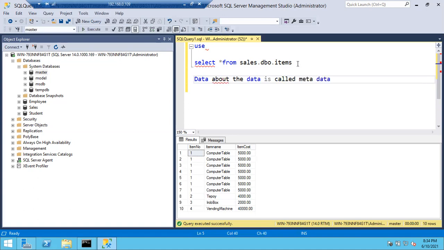Okay, so I have a sales table. Here you can see my sales table has 10 records. How can I identify how many records I have? If my sales table has 1 lakh records, don't drag and drop the table here. See, let me insert the values. Insert into, what is the table name? Items, values.